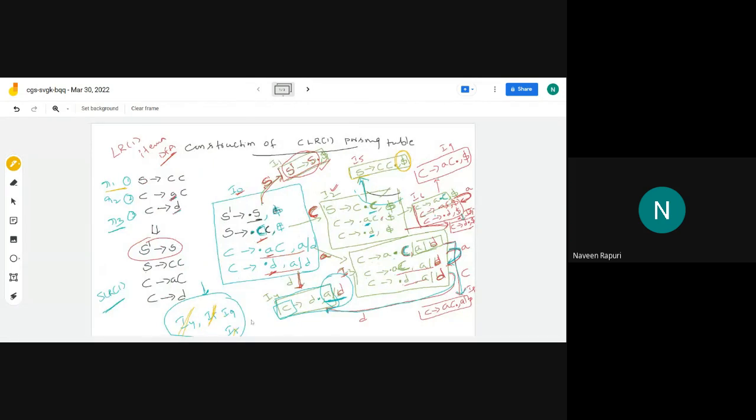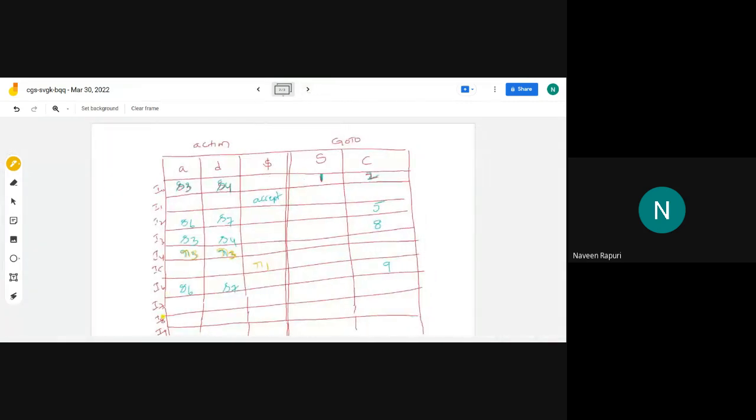Coming to I7. I7 means C derives d dot. That means this production is R3. Where can we place R3? Where the dollar symbol is there. I7 on dollar is R3. And next one is